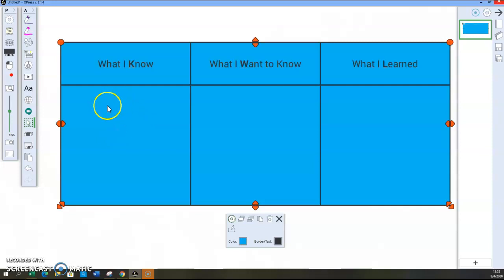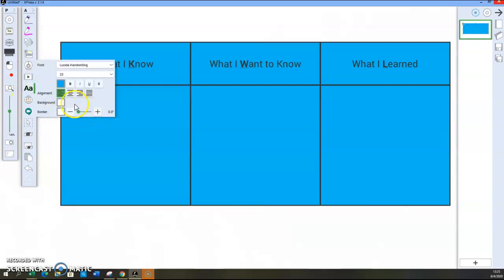And we can ask our students to explain to us what they know about a topic, and we can quickly list this in here using our Simplicity Touch or our text tools here. If we wanted to write, we could easily write on the board. We can also